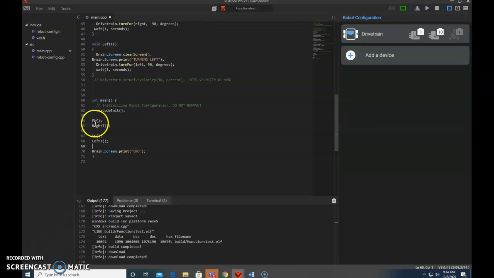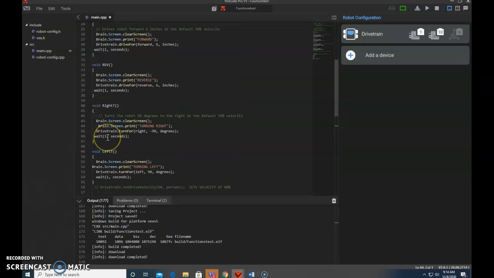By easily changing these functions, whatever right turn is and left turn is and forward is, you can include a lot of code in a very short period of time. So let's look. Forward, what is that? At the top of the